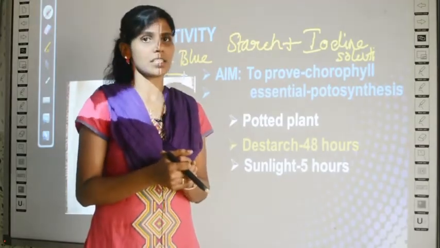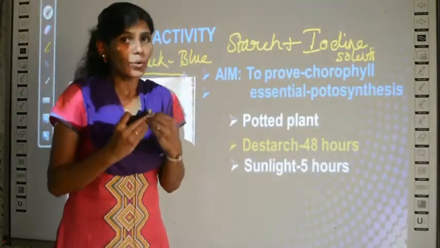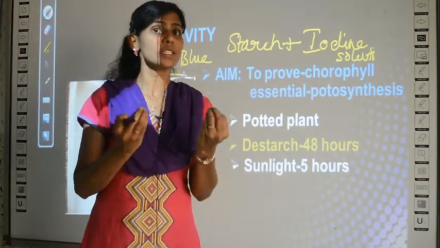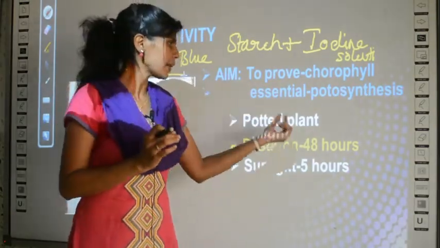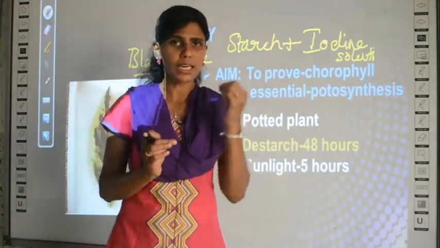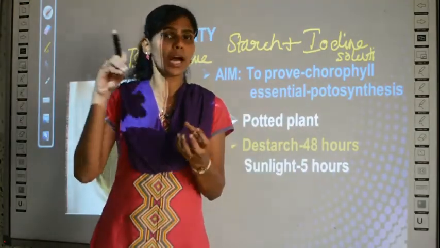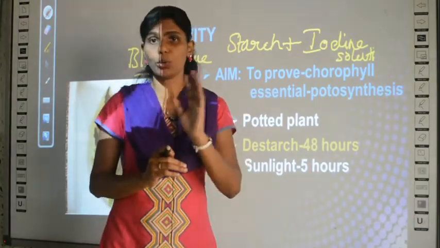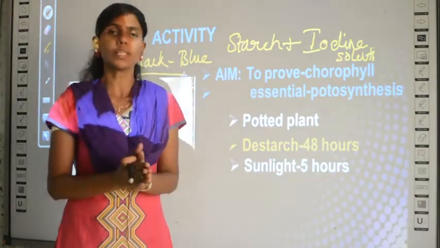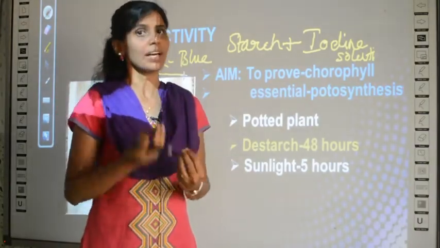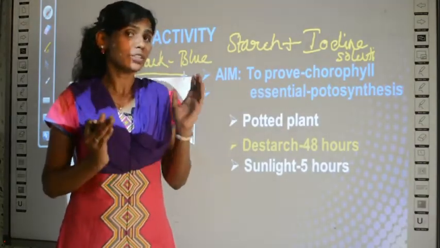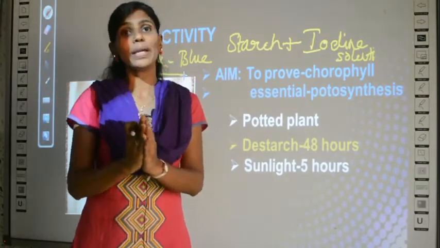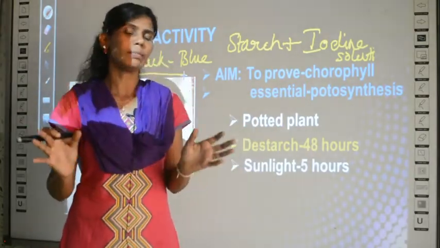for 48 hours. So now I have de-starched the plant, so there is no starch. Suppose I pluck a leaf from this de-starched plant and pour iodine solution, will it be blue black in color? No, it will not be blue black, because there is no starch in the leaf, right? So initially after de-starching, if I pour iodine solution, there will be no blue black color, because there is no